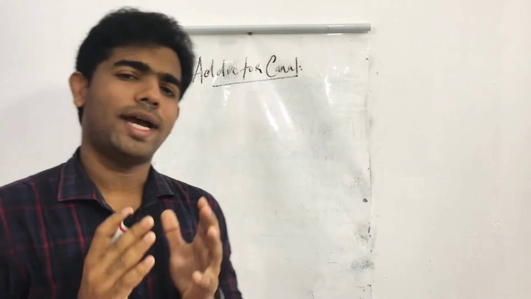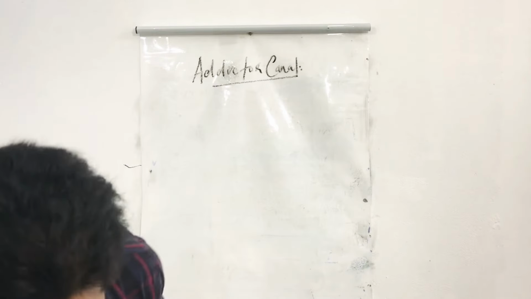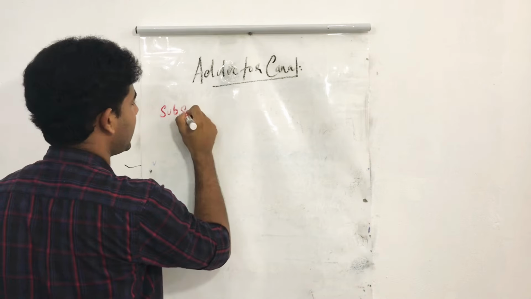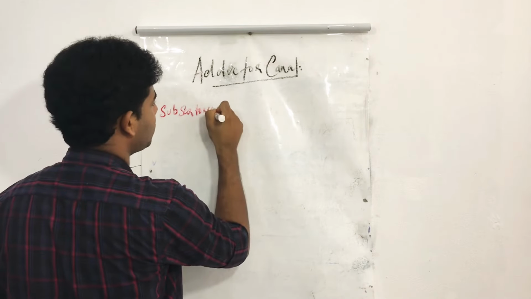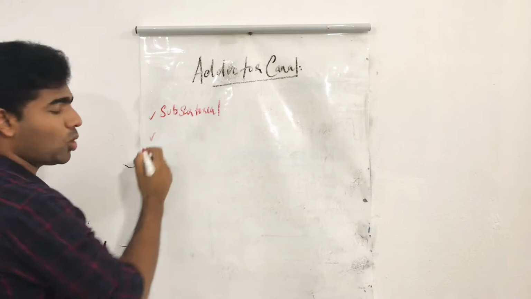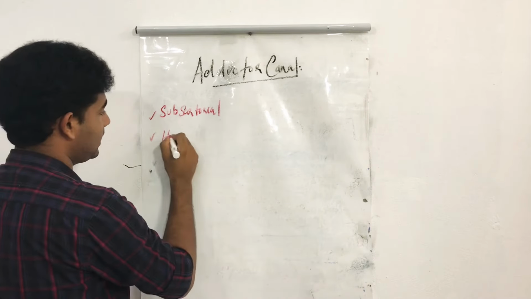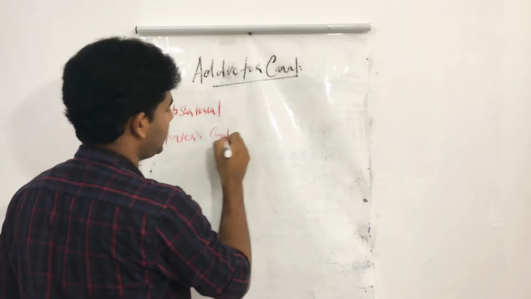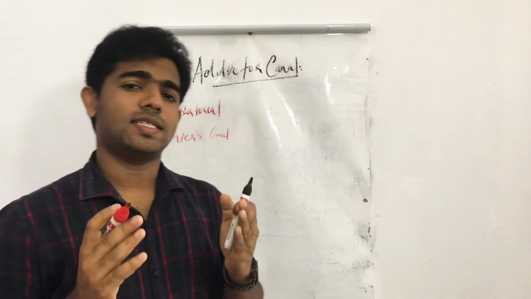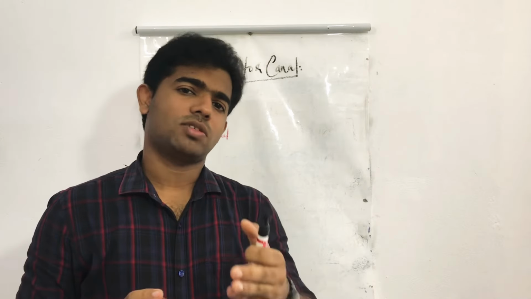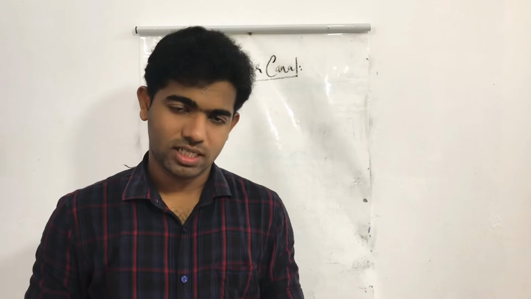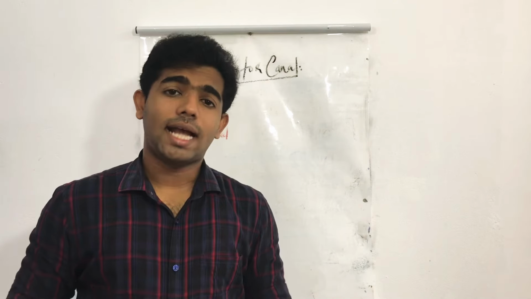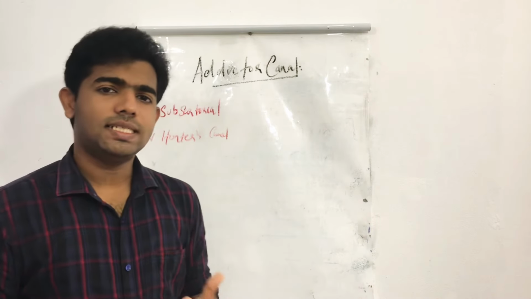Okay, what do you mean by adductor canal? The adductor canal is also known by two other names. One is Subsartorial canal, and also known by the name Hunter's canal. It is named adductor canal because it is seen in the adductor compartment of the thigh, along with the adductor longus and adductor magnus muscle. It is seen as subsartorial because it's just below the sartorius muscle, and Hunter's canal because there was a surgeon known